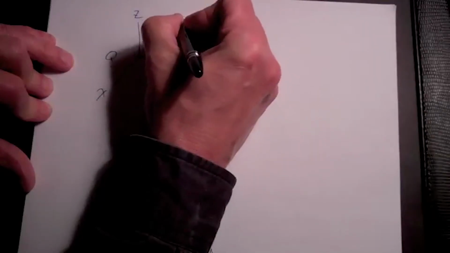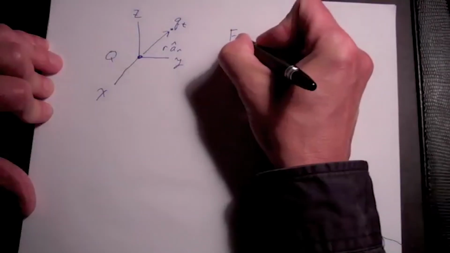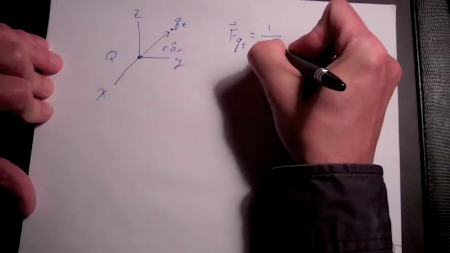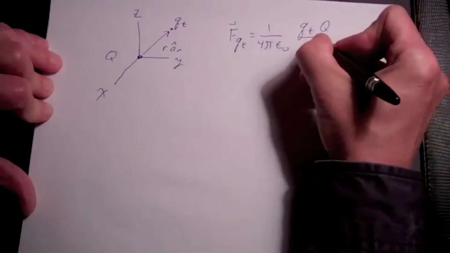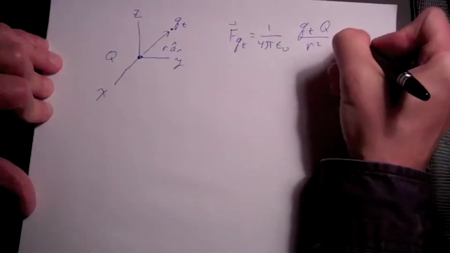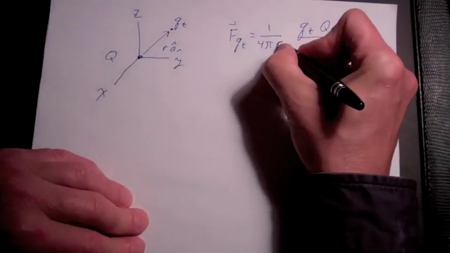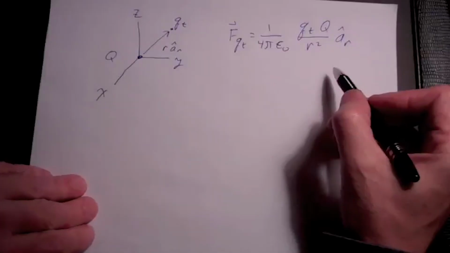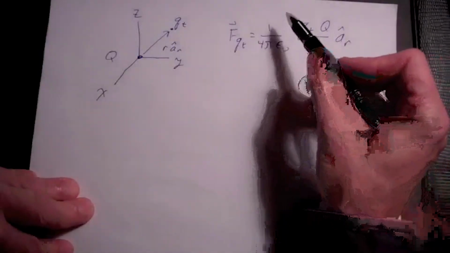that is of charge quantity Q sub T, we know from Coulomb's law that the force on Q sub T is 1 over 4 pi epsilon sub 0 Q sub T times Q over R squared in the A sub R direction. Now this is an experimentally determined law by Coulomb. He built these sensitive torsion balances and measured the forces between these charges and came up with this equation.